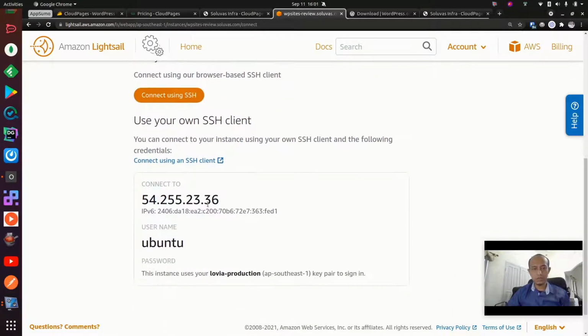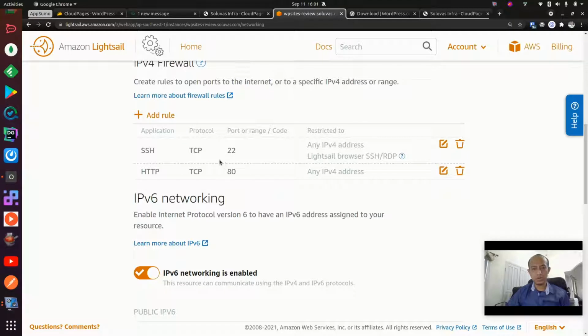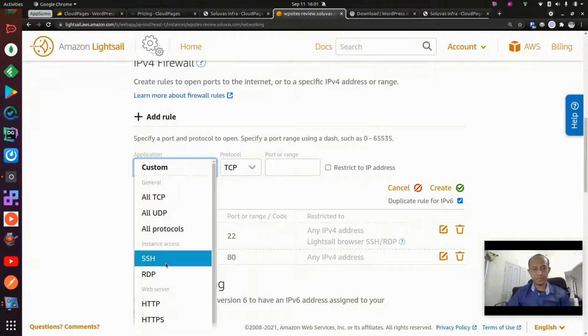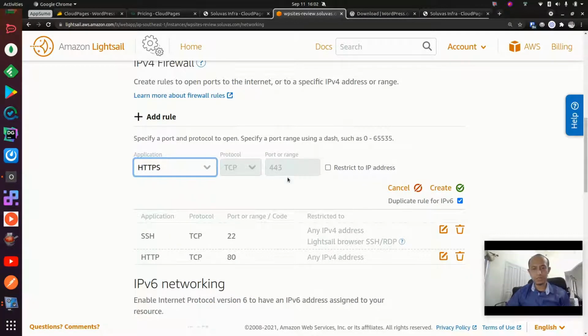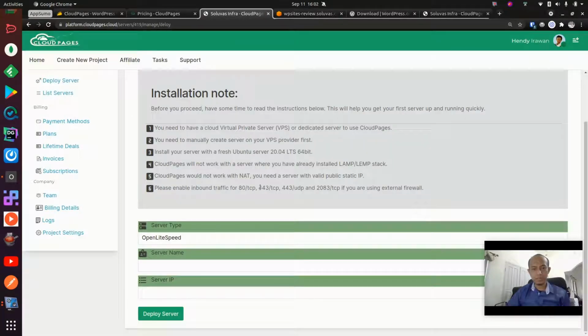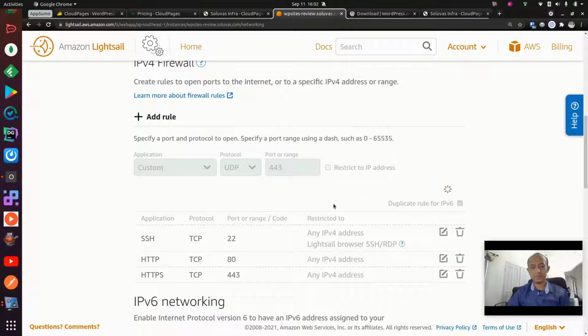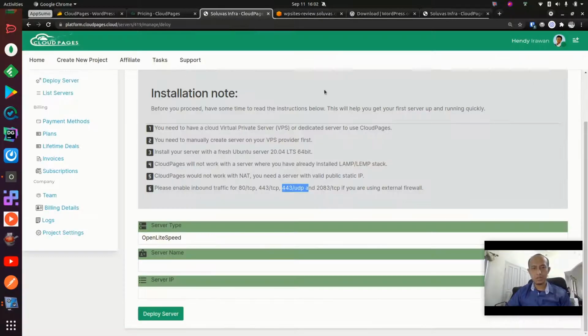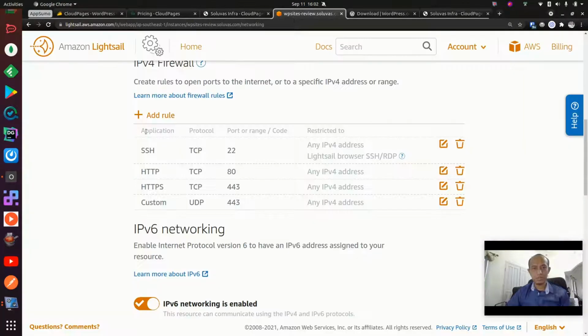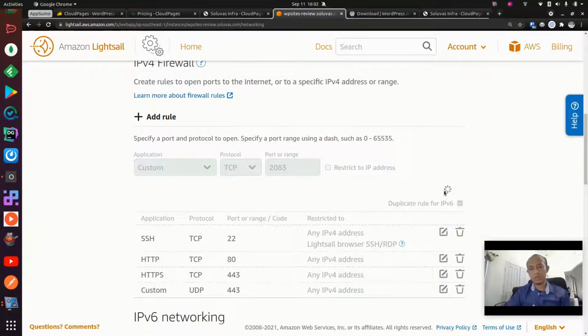So let's see. We are adding the firewall here. So 22 is for SSH, need to be there. 80 for TCP, and then we need to put HTTPS there. And HTTPS for this one, and this one will be 443 UDP. Let's add a rule. 443, and then the last one will be this one, port 2083 TCP. Okay, so now we have created all of the